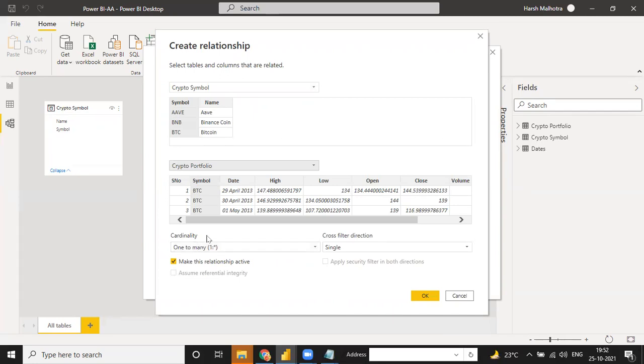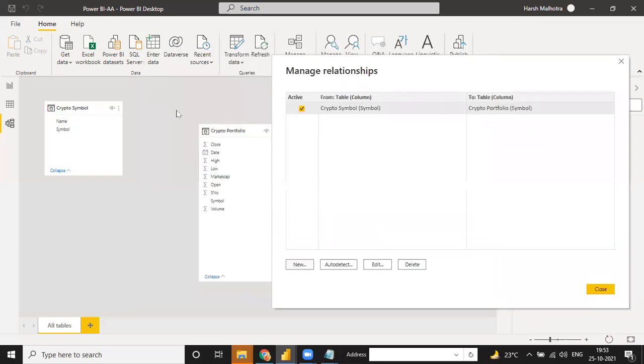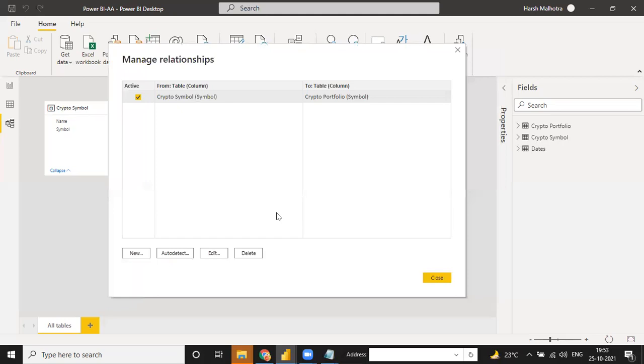Why is it one to many? Because in my dim table we have just one currency, but in this table we have one currency showing multiple times. Because in the fact table you have a duplicate value, but under the dim table you don't have a duplicate value, then it will be showing as one to many. So it is a complete relationship, and when you click on this okay, and see your relationship will be made, and see your file will be done after some time maybe. When I click on this close, then you make the second.